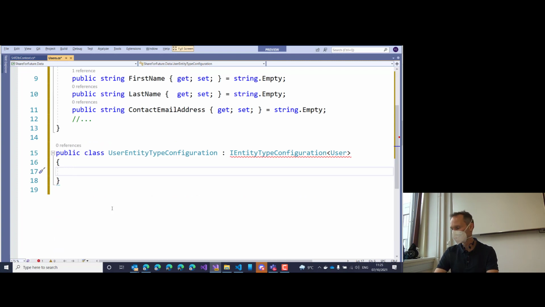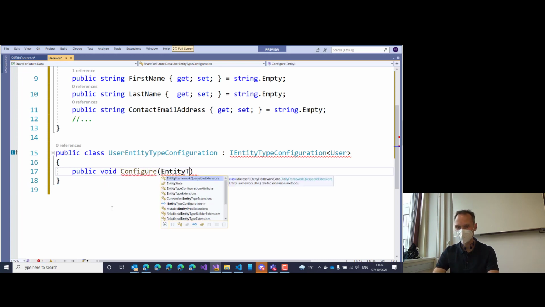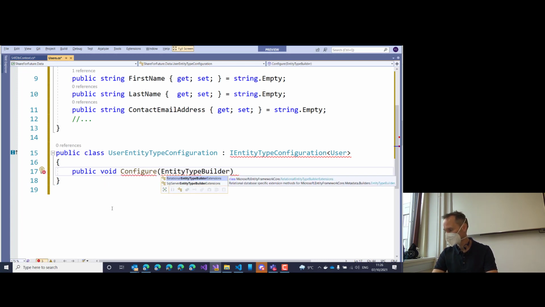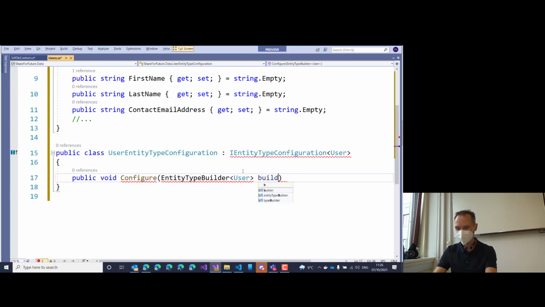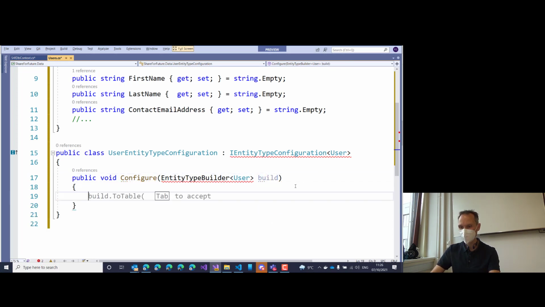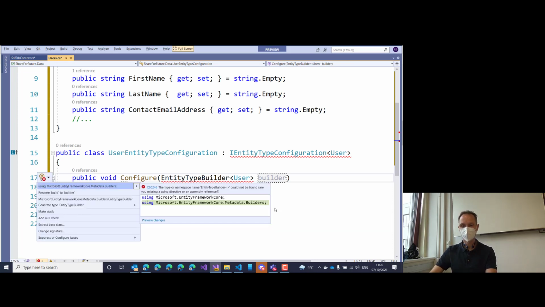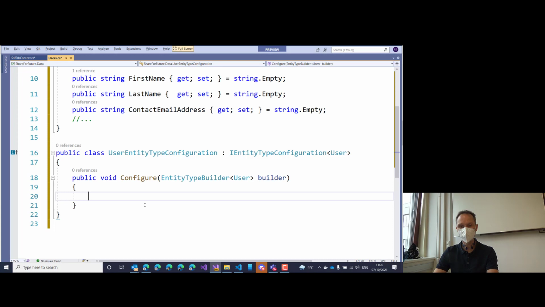And this allows you to implement the public void Configure, EntityTypeBuilder of User. Hey, come on. I said EntityTypeBuilder. Sometimes the IntelliSense is not as smart as it should be. Let's call it builder. And then you need one additional using, this one. And now I can add with builder dot, for instance, HasKey, user goes to user.Id,